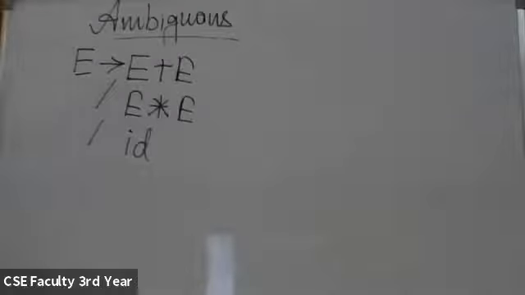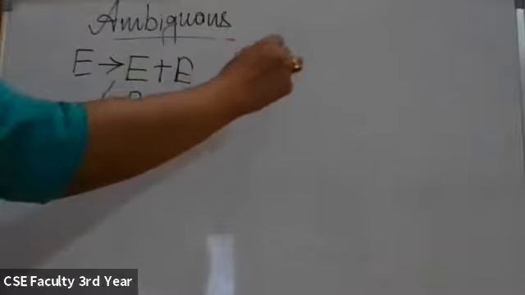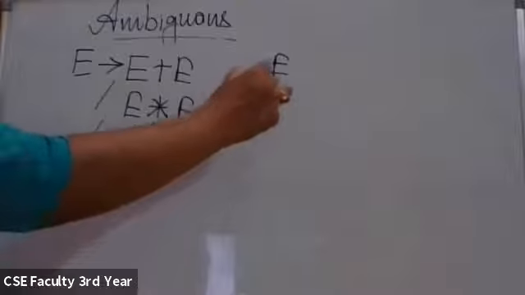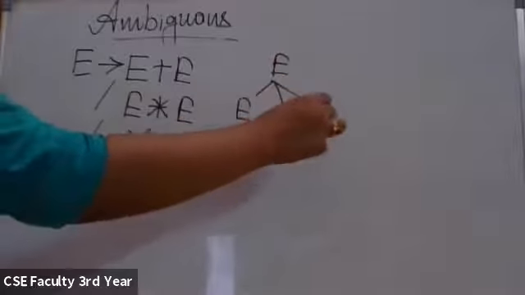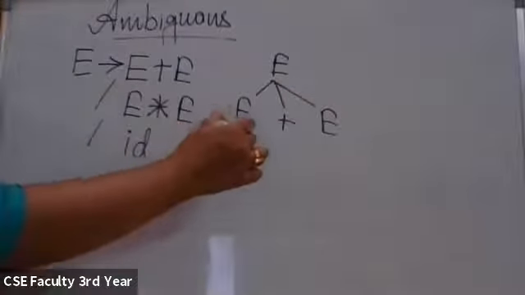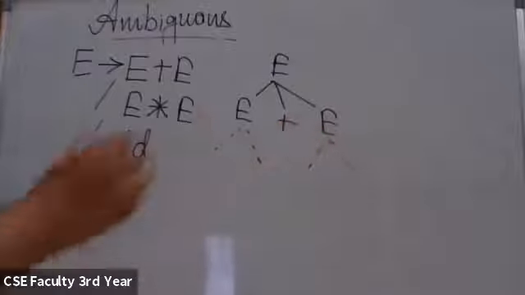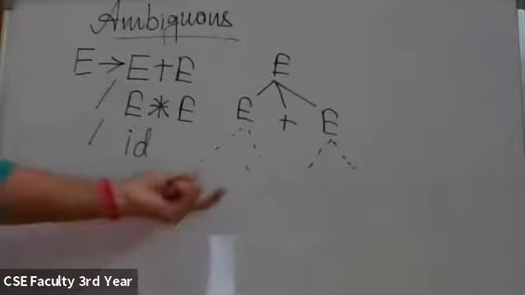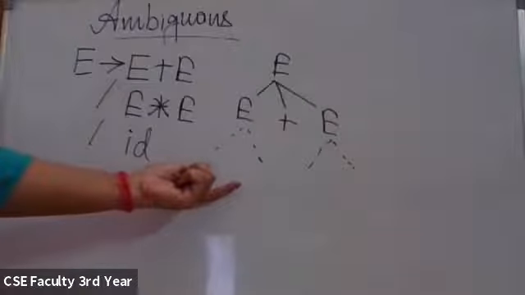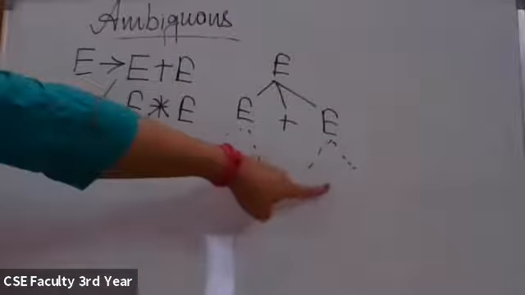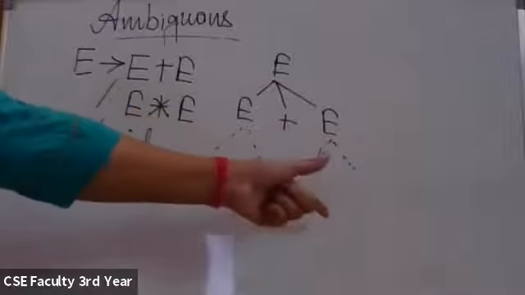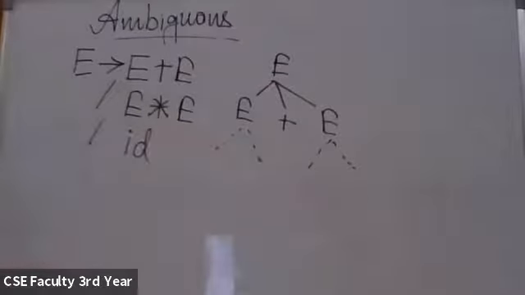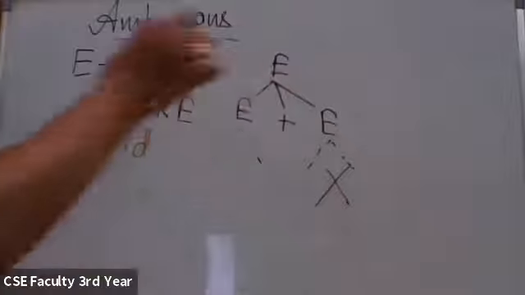First we will see the solution for associativity, that is, when same precedence operators are there. In that case, what we did first, E plus E. And then we had two choices: either this could be expanded or this could be expanded. That is why we were facing a problem. Now, if this is expanded, that will make plus left associative. If this is expanded, that will make plus right associative. So we want to make it left associative, so we have to block this option.